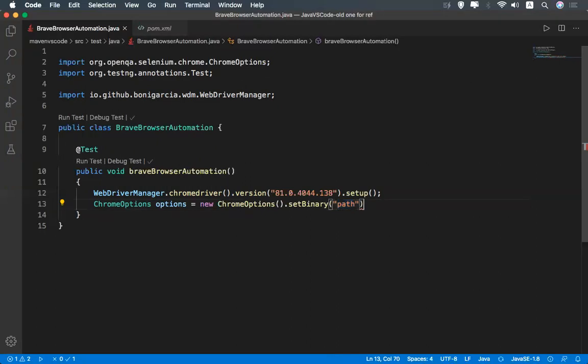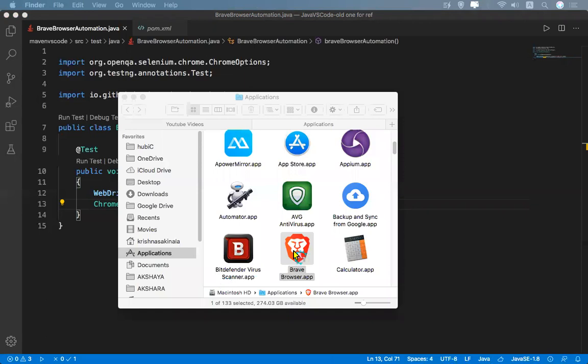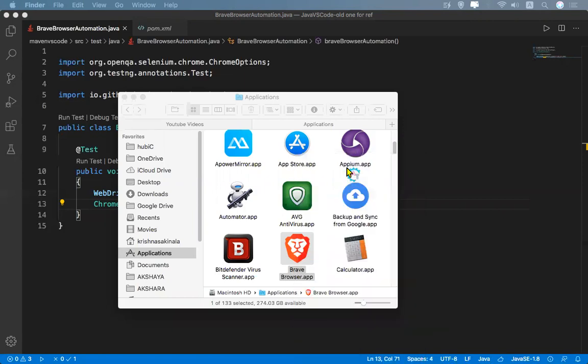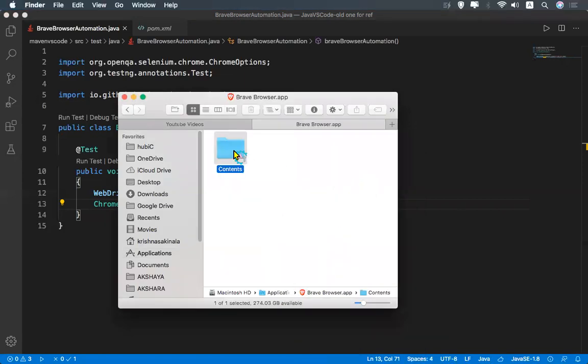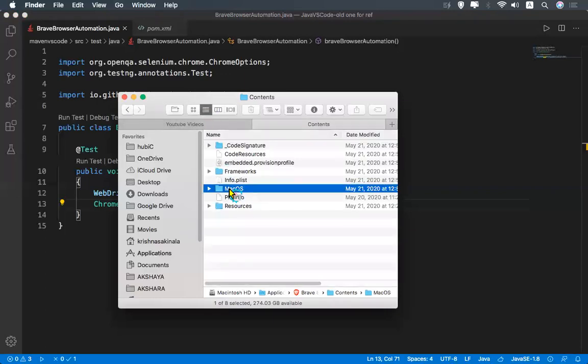I'll go to where my browser is installed. In Applications, I have Brave Browser.app, as this is a Mac machine. Right click, show package contents, go into Contents. Inside this, you have MacOS.